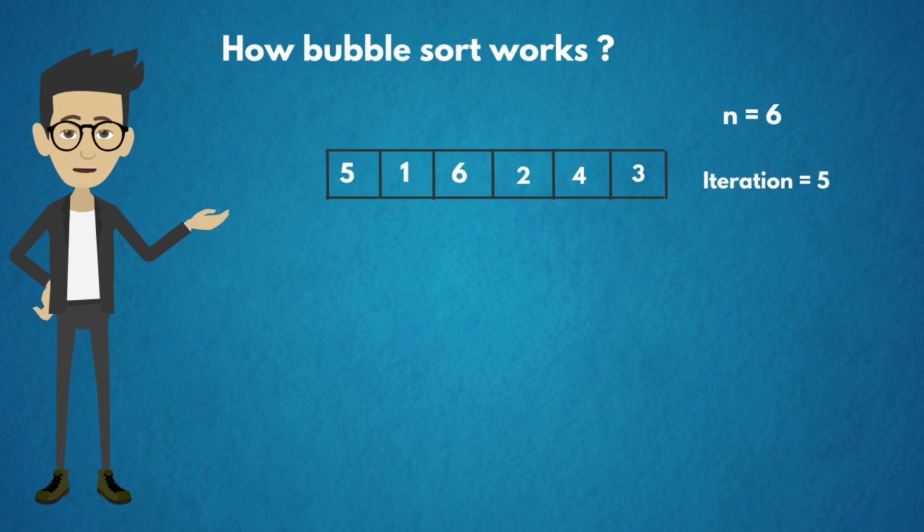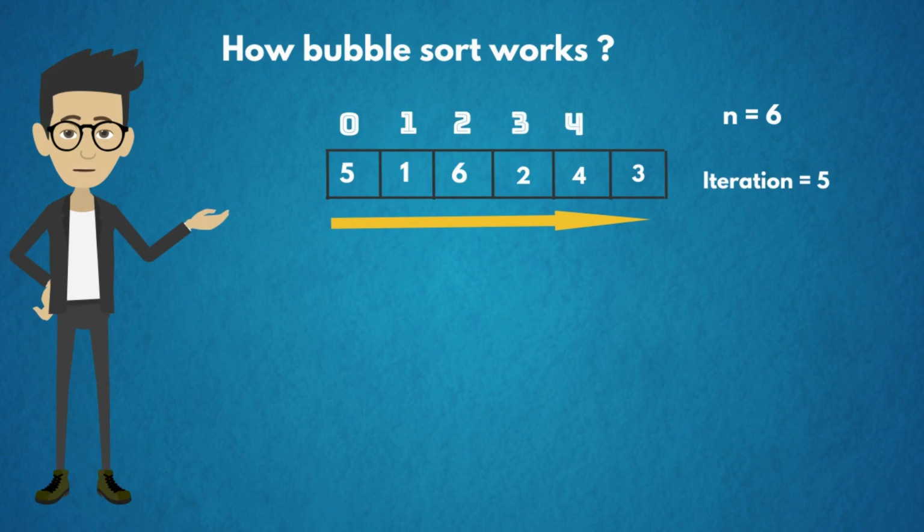In the array, we need to scan all the elements from left to right. We need to compare each adjacent element. We have 5 at 0th position, 1 at 1st position, 6 at 2nd position, 2 at 3rd position, 4 at 4th position, 3 at 5th position. The first element to be scanned is 5. First, we check whether the 0th element is greater than or less than the first element. If the first element is greater than the second element, then we need to swap. Otherwise, they are left undisturbed. This procedure continues with the next elements.